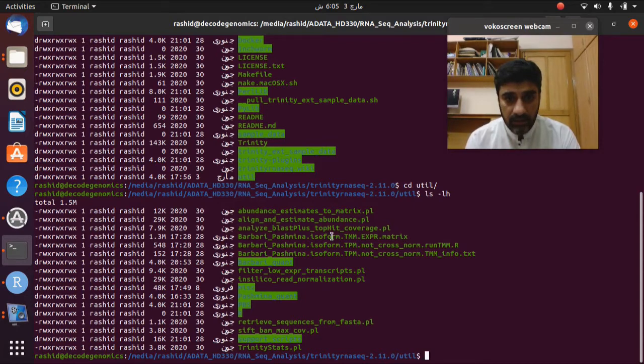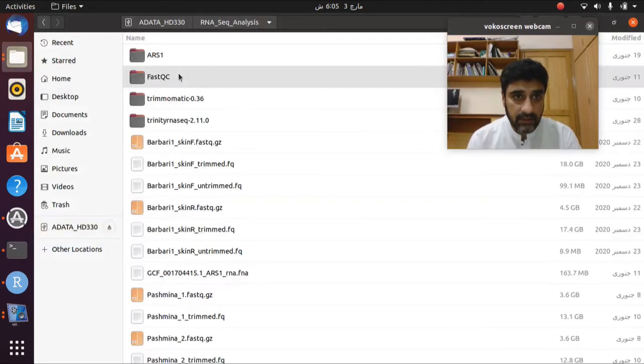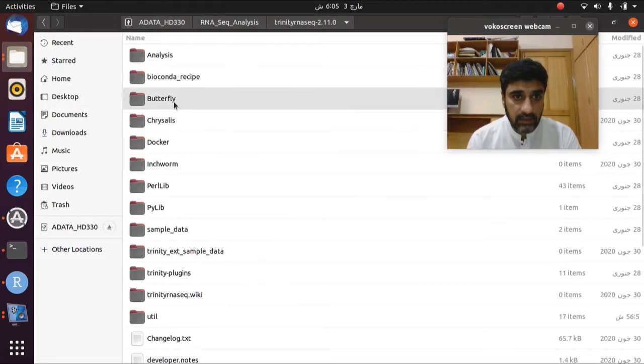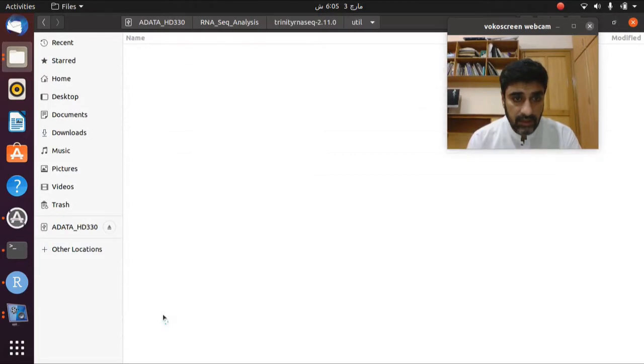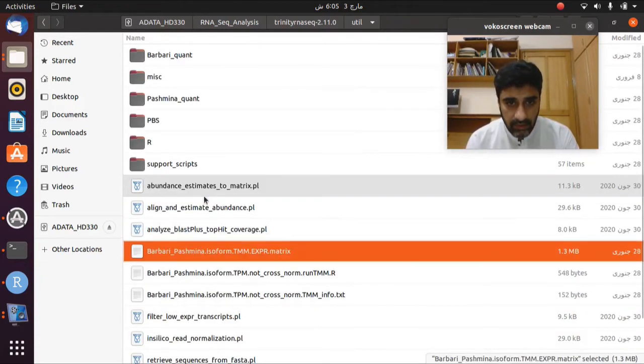So we will go into the folder RNASeq, then Trinity, then util. So this is the file that we have to move into the analysis.